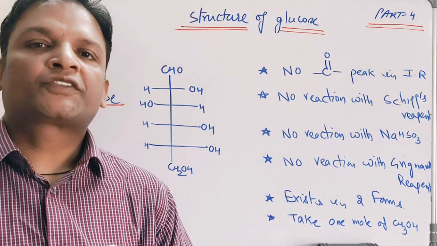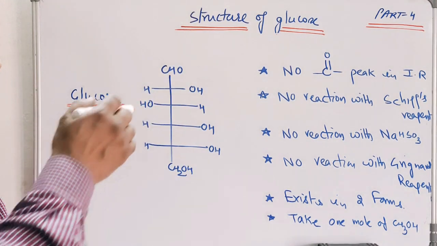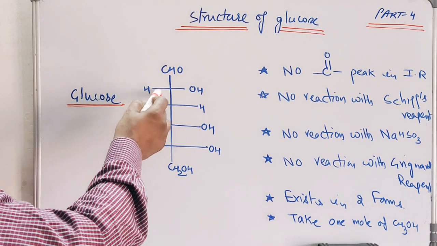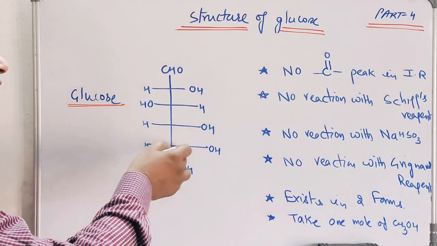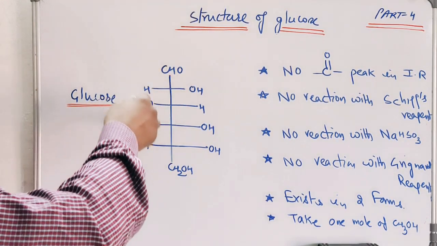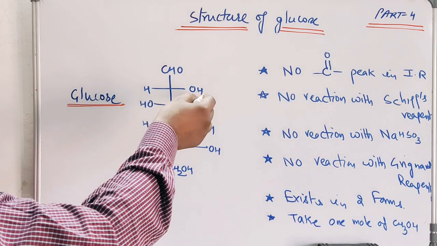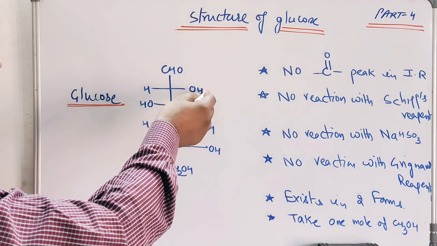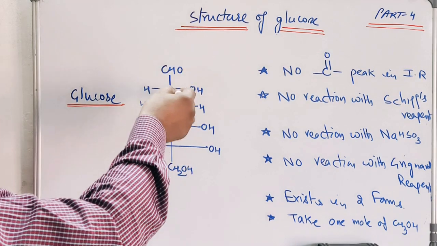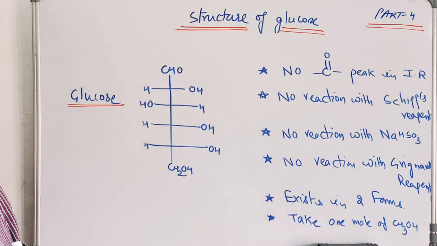The open chain structure proposed by Fischer for glucose contains 4 chiral centers, with CH2OH at the end. This open chain structure can react at the aldehydic group. The open chain structure reacted to give us a penta-acetyl derivative. This open chain structure on reduction gave us n-hexane. So different types of reactions were given by this glucose compound.